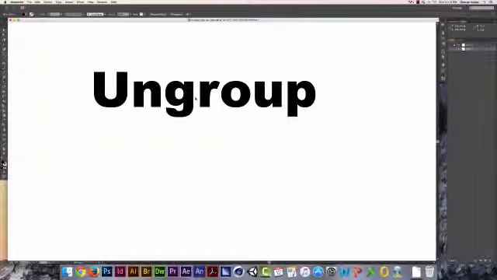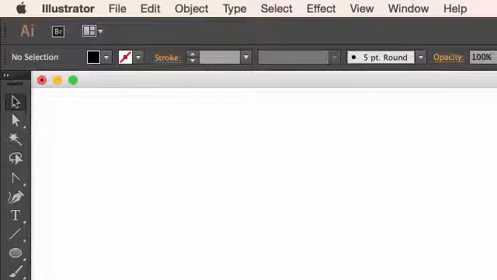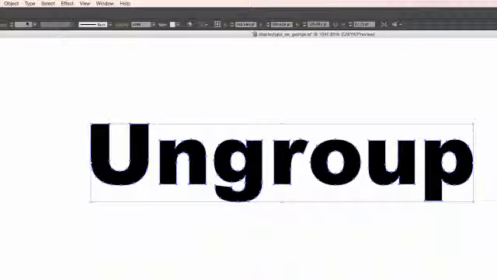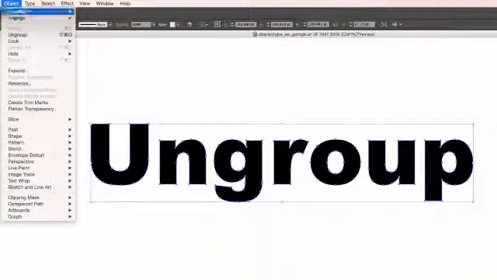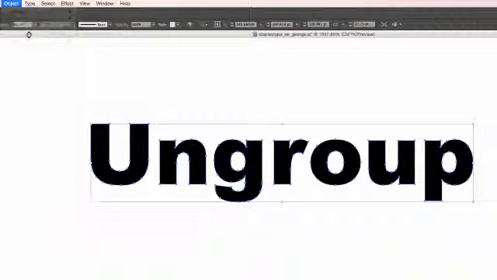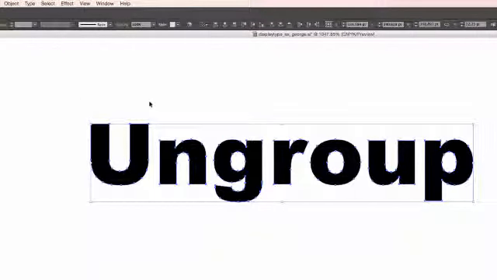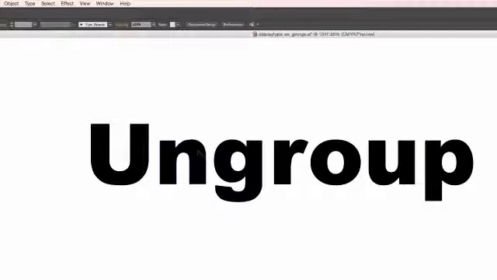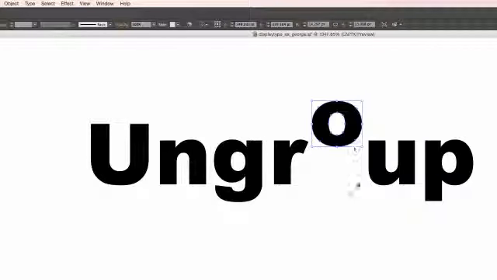An easier way to do this is you have your type converted into outlines. I'm going to use my selection tool, the black arrow, select it, go to Object, Ungroup. Okay, now visually nothing happened, but when I deselect, now when I select a letter form, it's its own unit. I use the black selection tool, the black arrow. I can select individual letter forms now. Before, this entire thing was selected as a unit, so now I can select, let's say the letter O, move it up off its baseline,